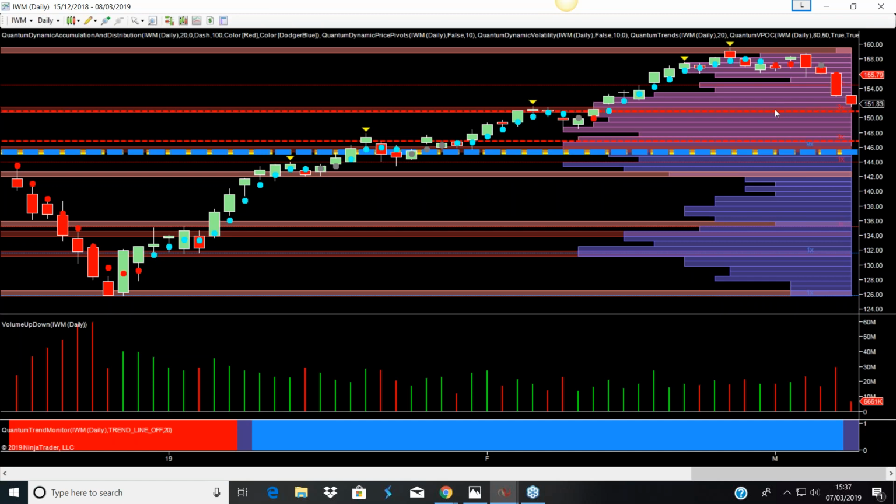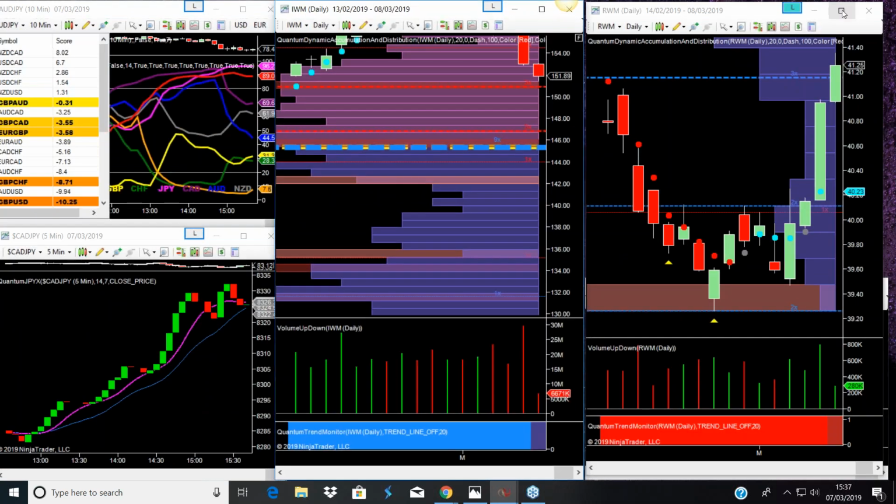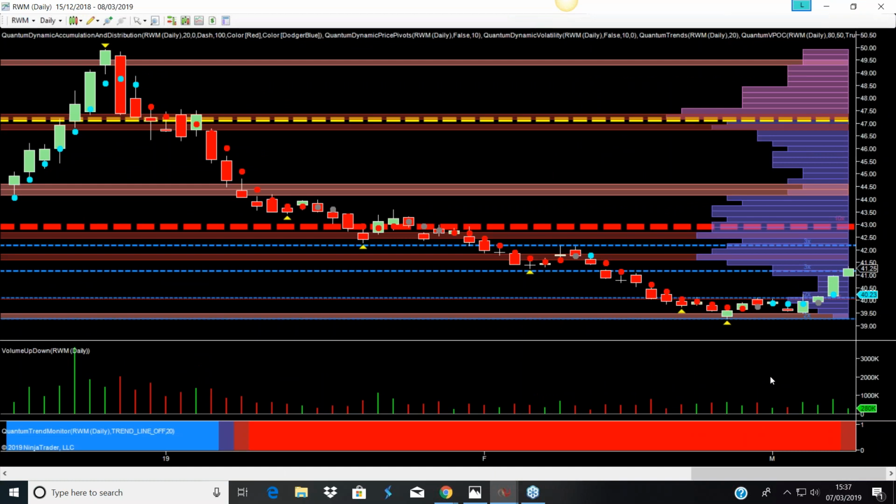We've got our support and resistance levels of where this is likely to go. Medium to short term, where's it going to head back to? Well, we have the volume point of control here at 140, is it 146 or so? Whatever it is, let me have a look. Let me push that down a minute. So that's that. What you could also do is, this is an inverse ETF.